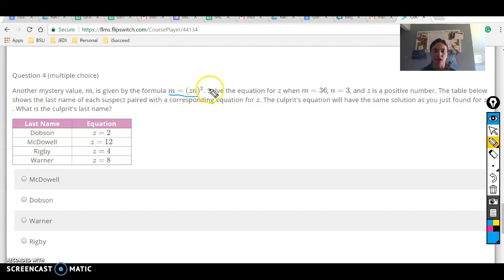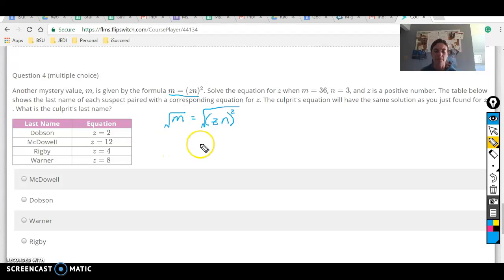The opposite of squaring something is taking the square root. So if I take the square root of the right-hand side, I have to also take the square root of the left-hand side. So zn squared, and if I take the square root of that,